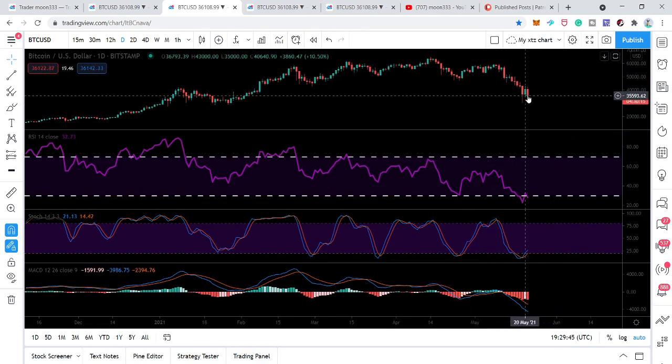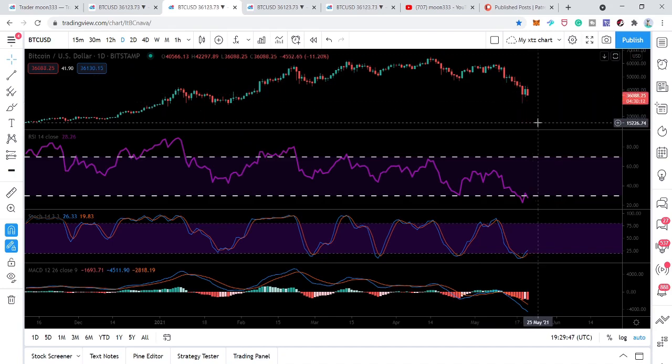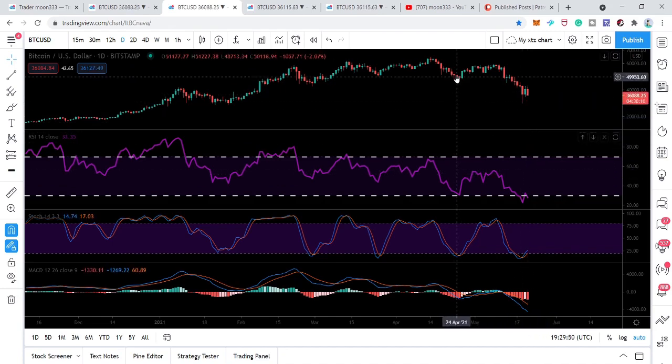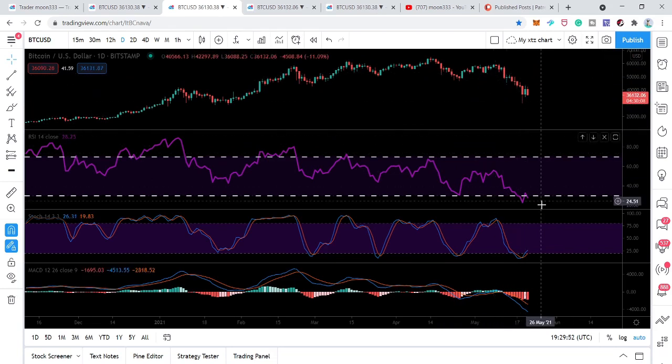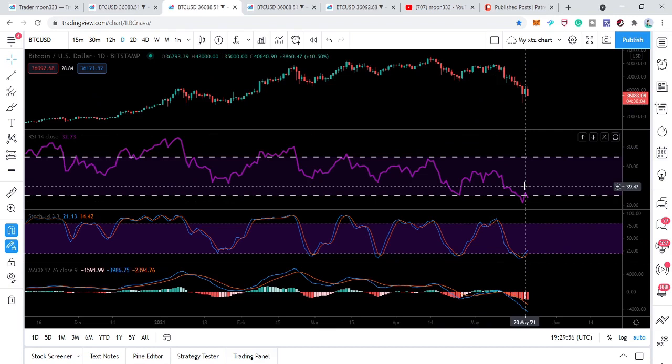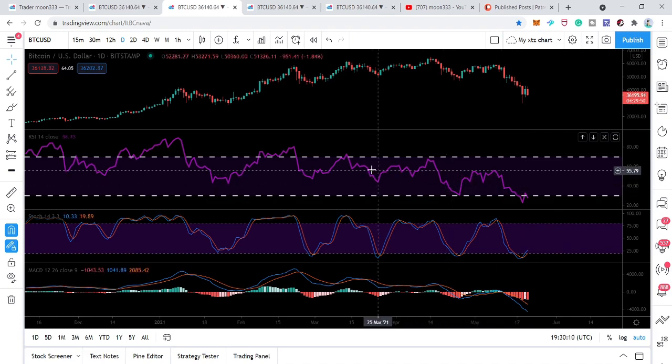And from here, we will have maybe another small rally to the upside, like previously we had this one, because the RSI, like all these oscillators, works as a pendulum, like the clock's pendulum. Whenever the clock's pendulum moves to the left side, it has to move to the right side, and if it moves to the right side, it has to move to the left side always. So in the same situation, this oscillator is moving to the downside in the oversold condition, so it needs to move to the outside.